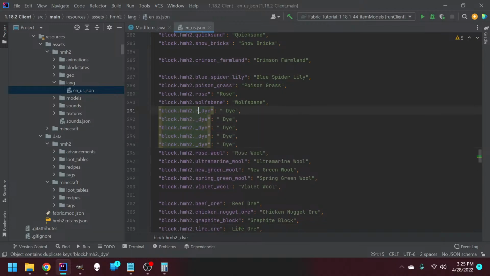Alright, so now we have rose dye, and then we have, well, no caps here, ultramarine dye,